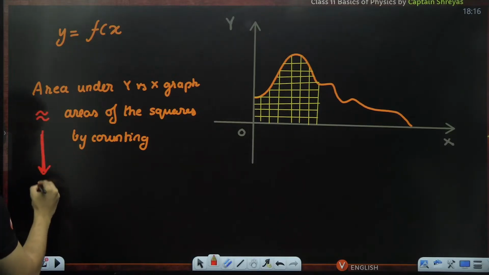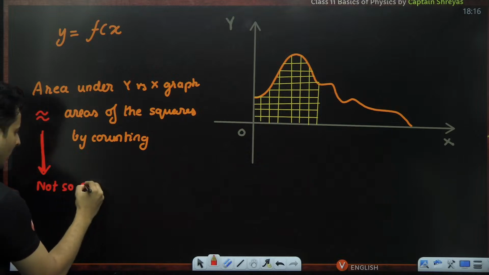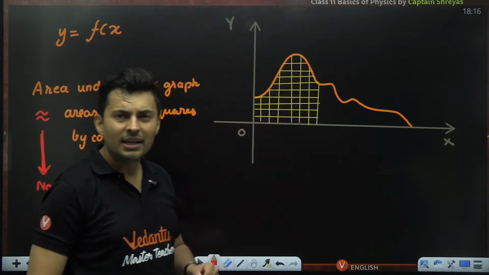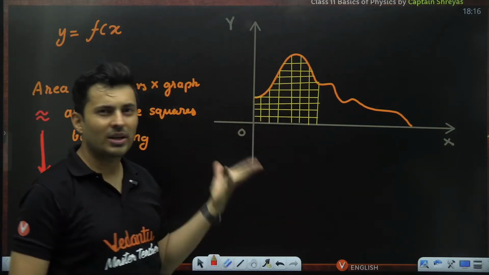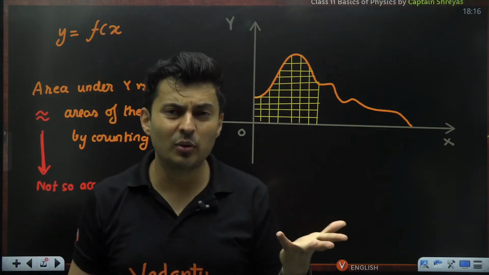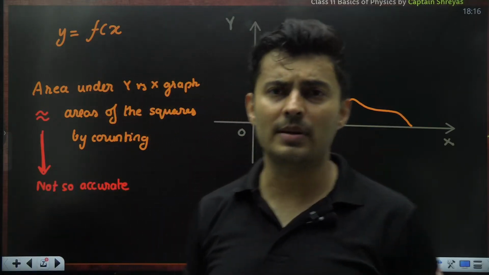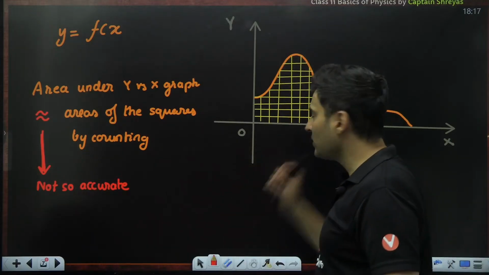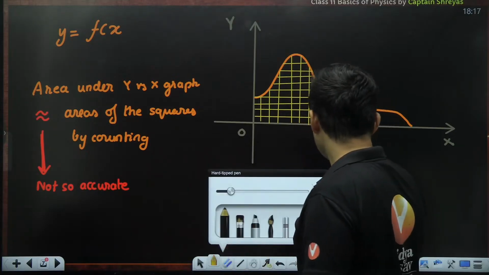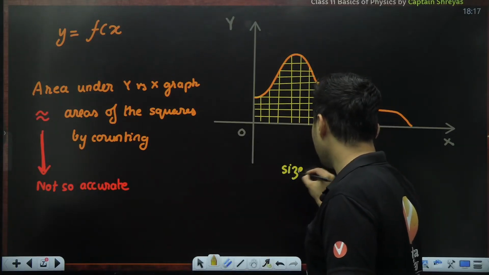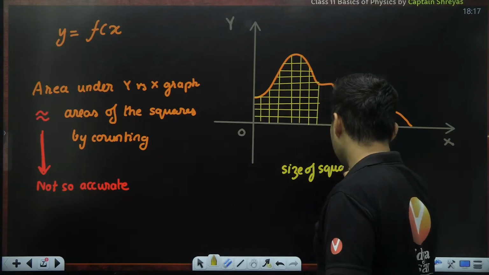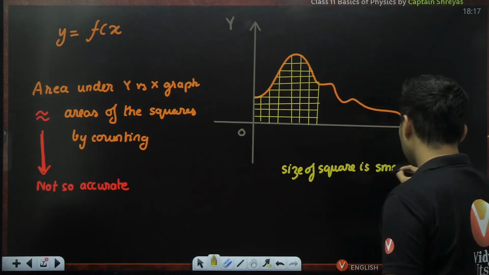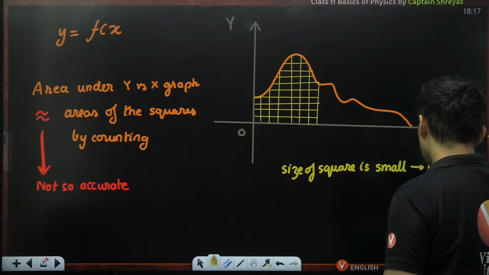This is because it is not so accurate. You might miss out a square, and some half squares will be there. Whether it will be exactly half, 1/4 square, or 3/4, so many problems will happen. So this method is okay if the size of the squares is small. Very important: if the size of our squares is small, then it is better, but it